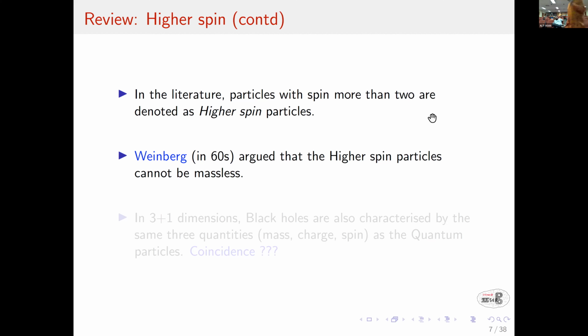Actually, this argument should be made precise. You can always couple it to the analog of the field strength. You cannot do the minimal coupling. You can always couple to something like the analog of Riemann for spin 3, but then that will be very short range. It has no long range correlation. The 1 over r piece comes because it couples to the potential, not to the field strength, and that kind of thing will be ruled out for spin 3 and above because you cannot make it gauge invariant.